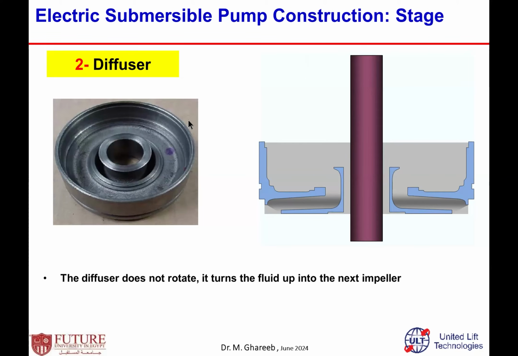It turns the fluid up into the next impellers. Then when the fluid goes out, the main function here is to turn the fluid coming from the impeller to the next impeller above it. Then the fluid comes from the impeller to the diffuser, and the diffuser transfers it up, in a vertical movement, to the next one, and so on, next one and next one, until